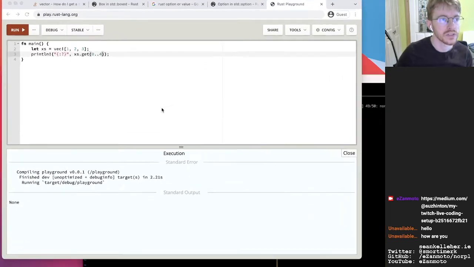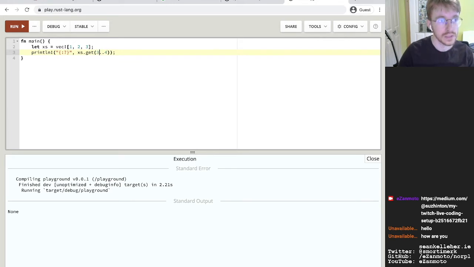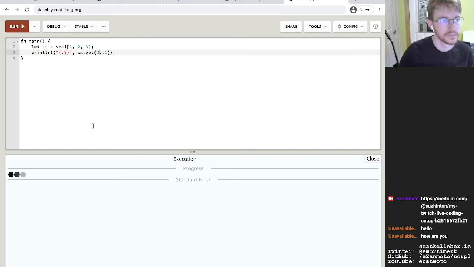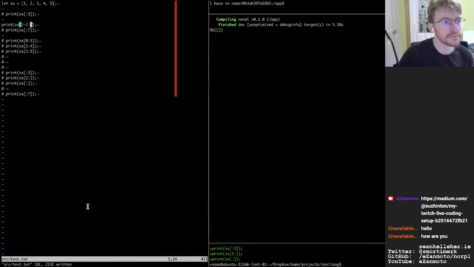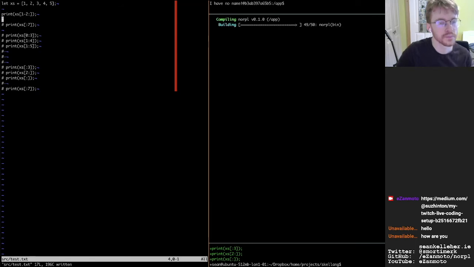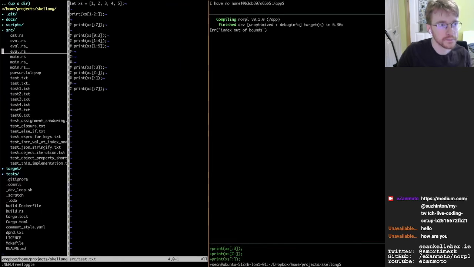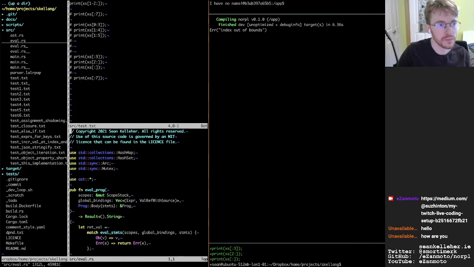And in fact, how does it handle a bad range, like 2 to 1? Yeah, it just doesn't even try. So, whoops, I can get rid of that now. I would nearly expect this to panic. But it's saying index out of bounds, which is true, but